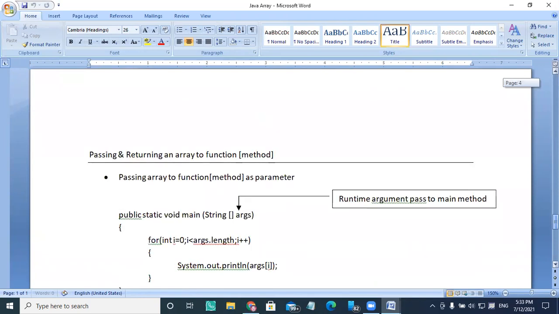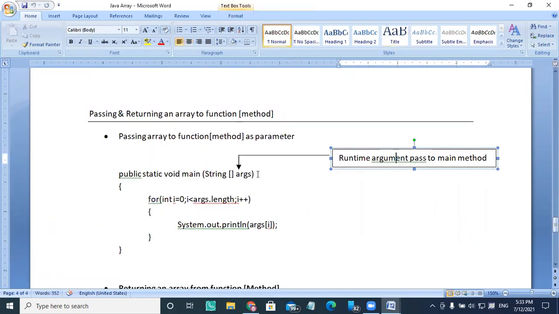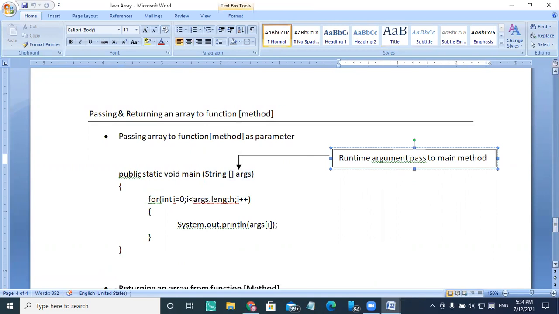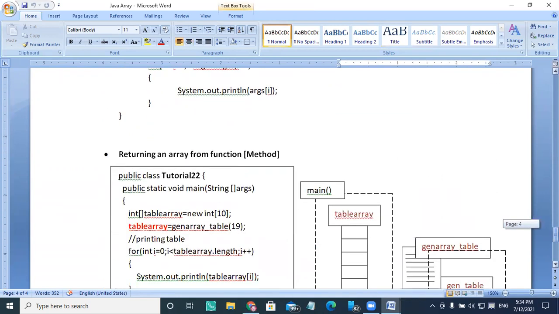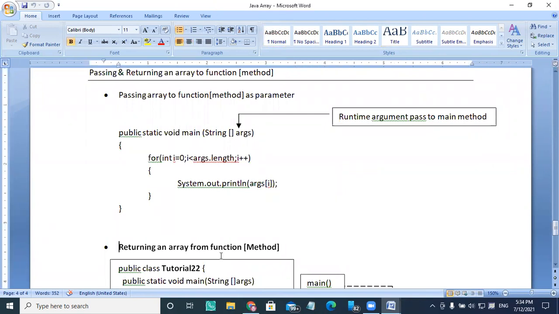Okay. And I already explained how to pass runtime arguments to a string array. This is a string array in public static void main where you are passing the runtime arguments. So when you run the Java program, at that time you are passing these. Now, returning an array from a function